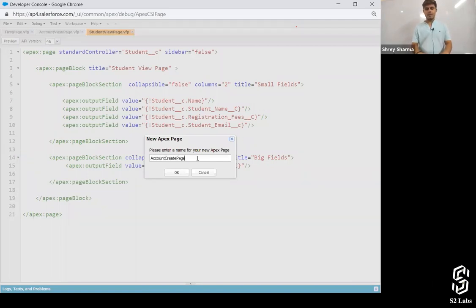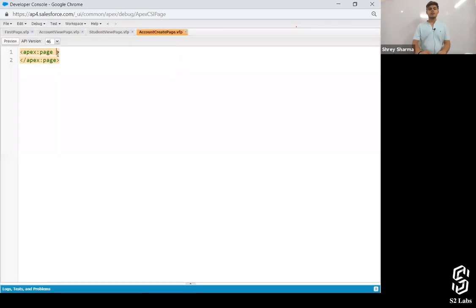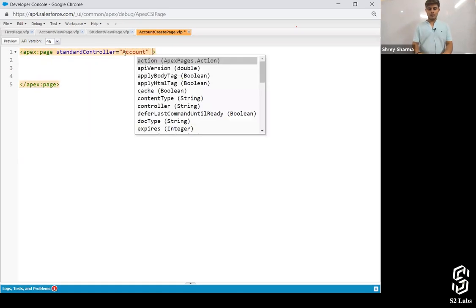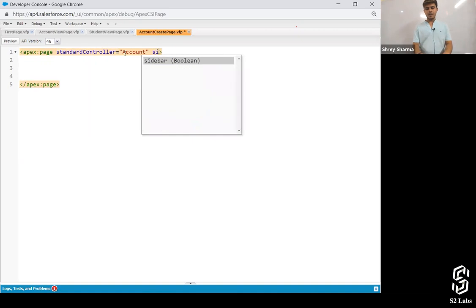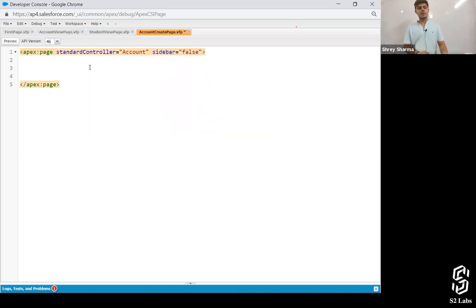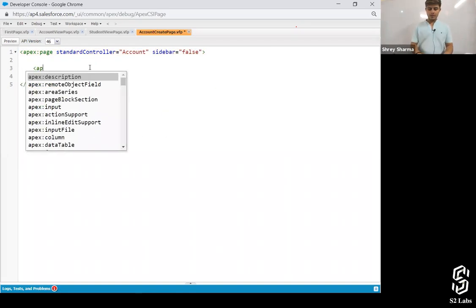create page, right? So this is how it will go. And again, I'll use the standard controller, because with standard controller, there is already functionality to create a Visualforce page in Salesforce. That's how we create the pages, right? So we'll use apex:page standardController, and I'm going to write down account and then sidebar equals false. And over here, I'll write down